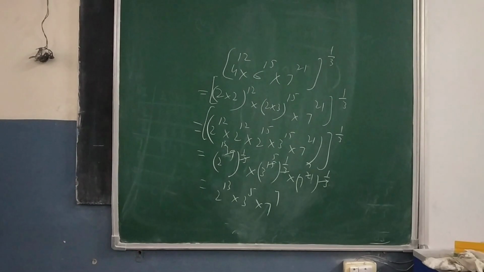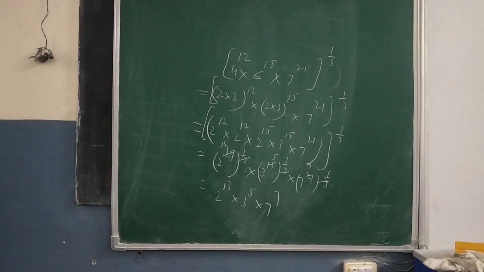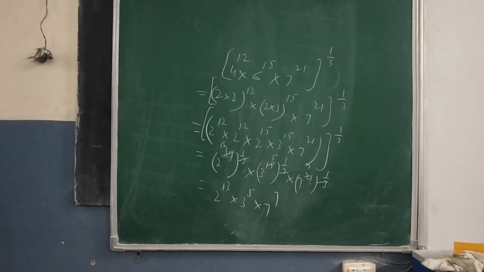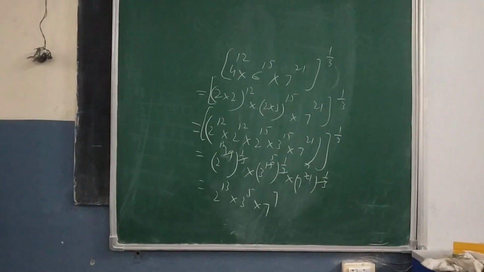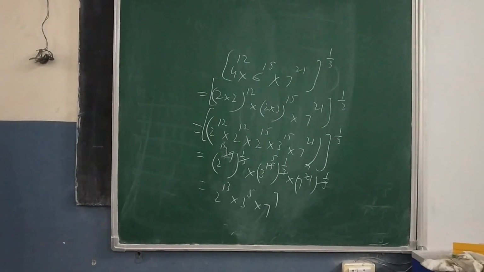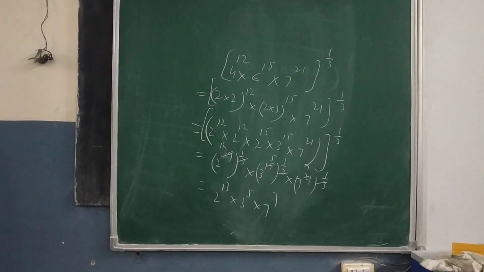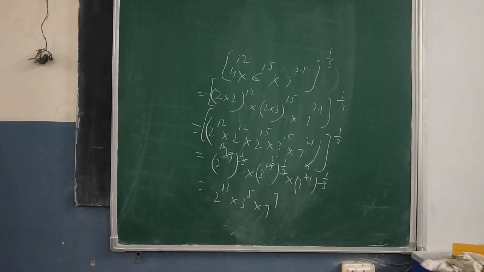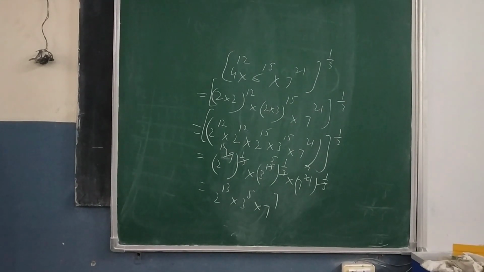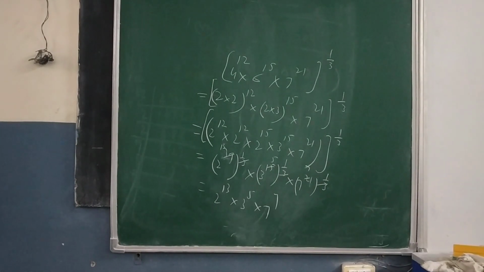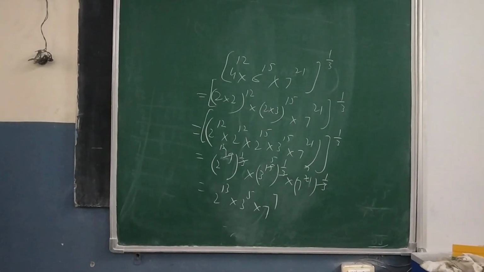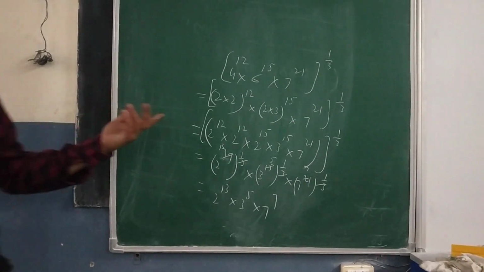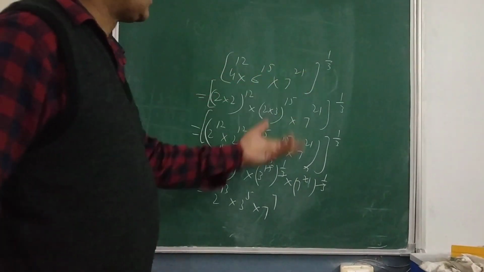Now I have to decide whether I can leave my answer here, that you need to check. So exponents, you have to recall that. So if you see in terms of 2, 3 and 7, it will be there in the power of 13, 5 or 7. But if you go through your book's answer, he has left it in terms of 4, 6 and 7. So that is your choice. Then simply 4, 6 and 7, nothing you have to do.